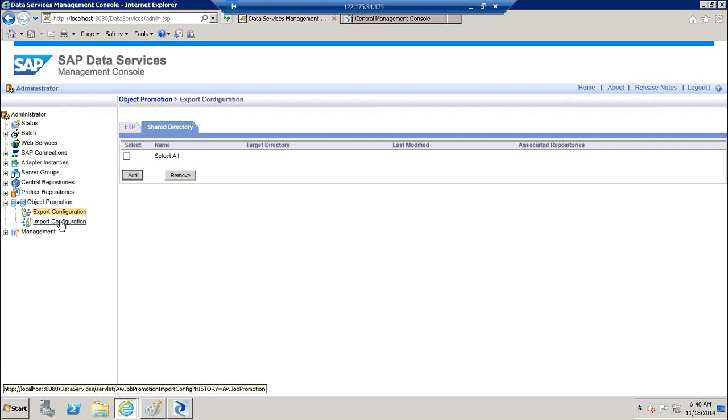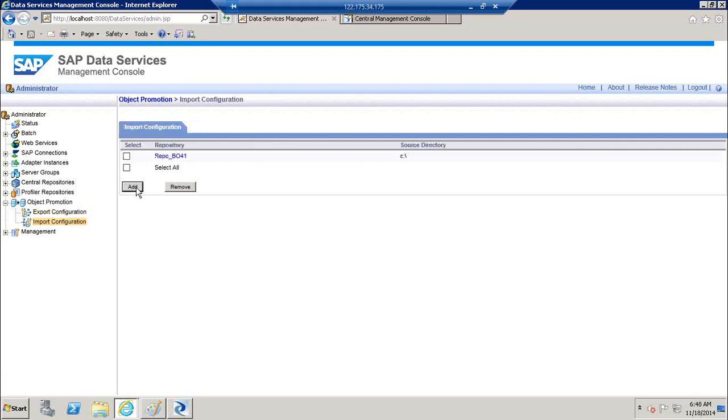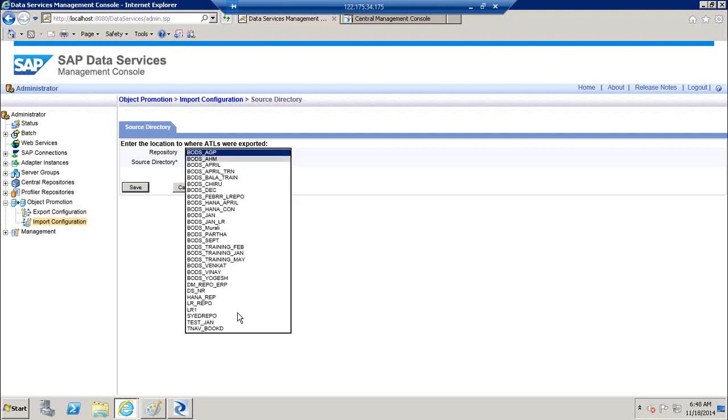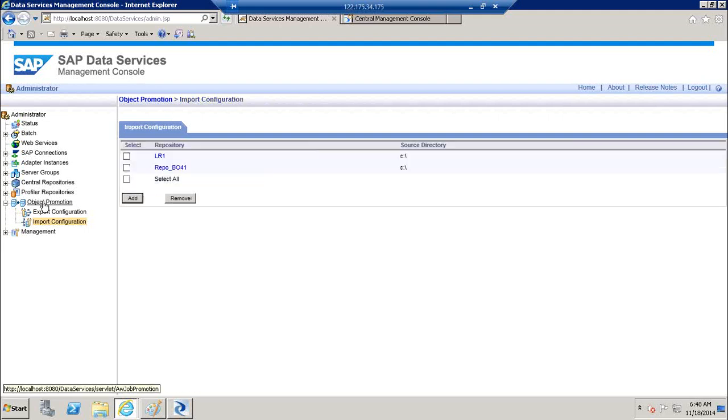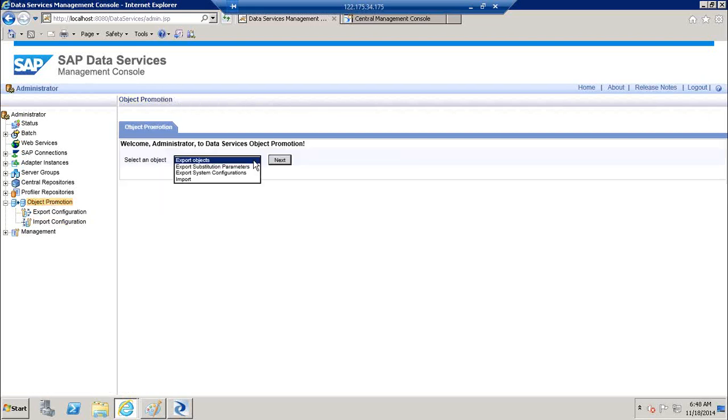And here, in import configurations, you will again define a path from where you want to import your configuration. So I'll define these export and import paths here. If I want to import, what is the path from where I have to import? If I have to export, where do I have to export to? So we will define these two configurations here, and then we will go to this object promotion, and if it